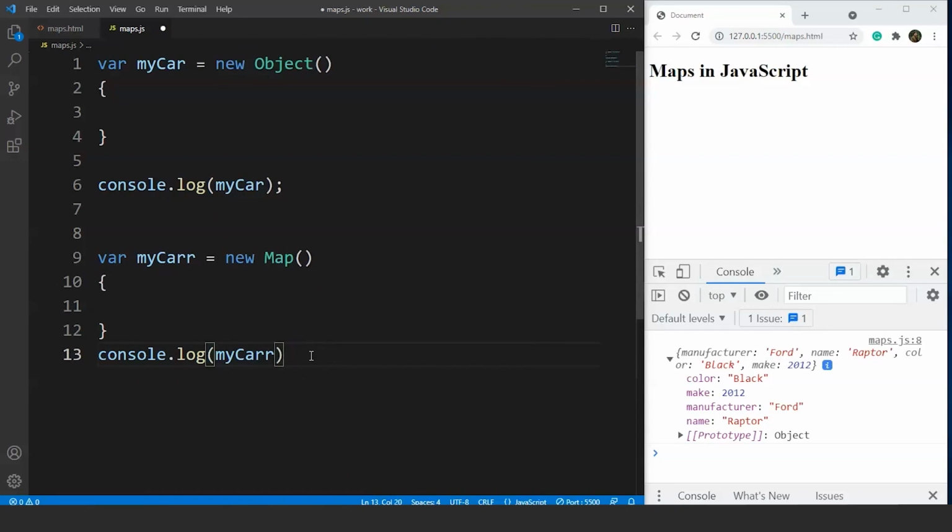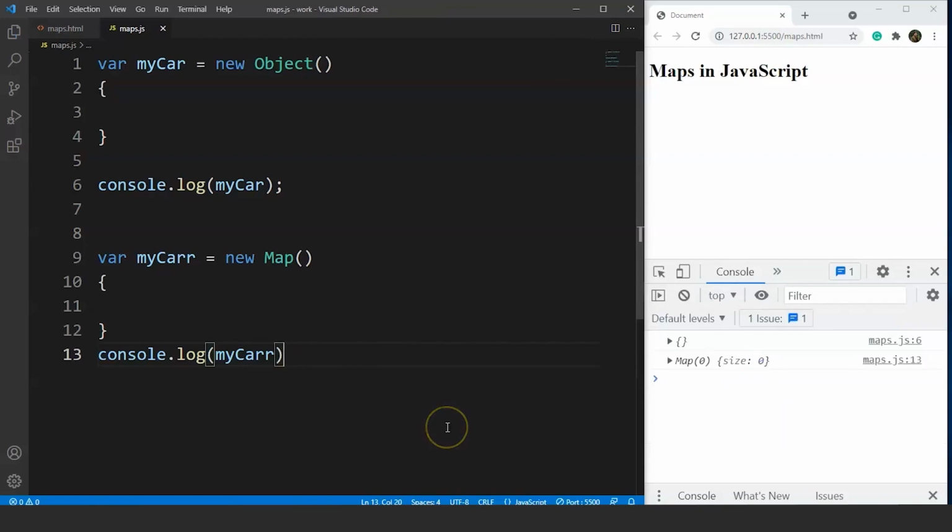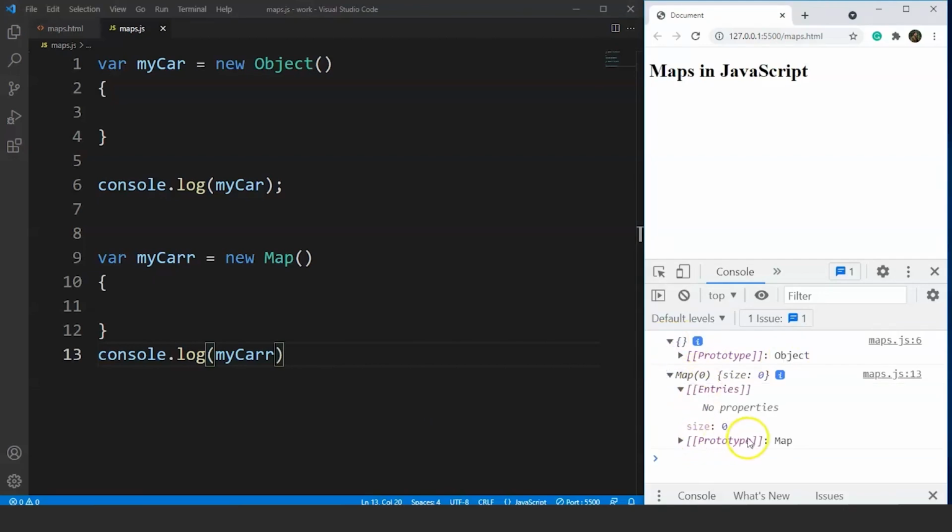Now we have two different objects here. One is a simple object and the other one is a map object. There's a slight change in the object name you can see over here. The map object here is with two Rs. So let's check the output on the console. Now save it. You can see here the difference between a regular object and a map object. Click on this empty object. You can see the prototype is Object and the prototype for the map object is Map. Fine. Now let's move on to VS Code again and we'll go through maps now. So this is a minor difference between maps and objects. So let's discuss maps now.